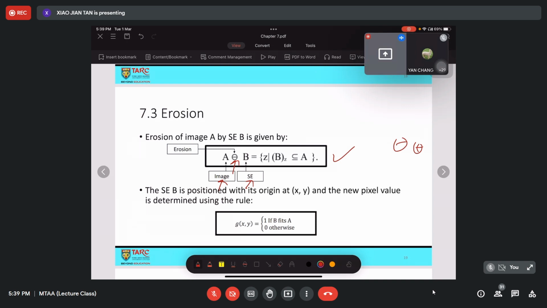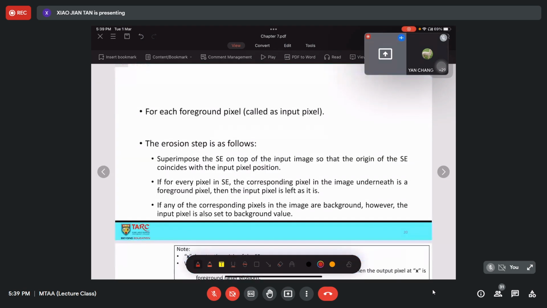The SE B is positioned with the origin at X and Y, and the new pixel value is given by this rule: 1 if B fits A, 0 otherwise. So it is very much like thresholding. The condition set will be very similar to thresholding.